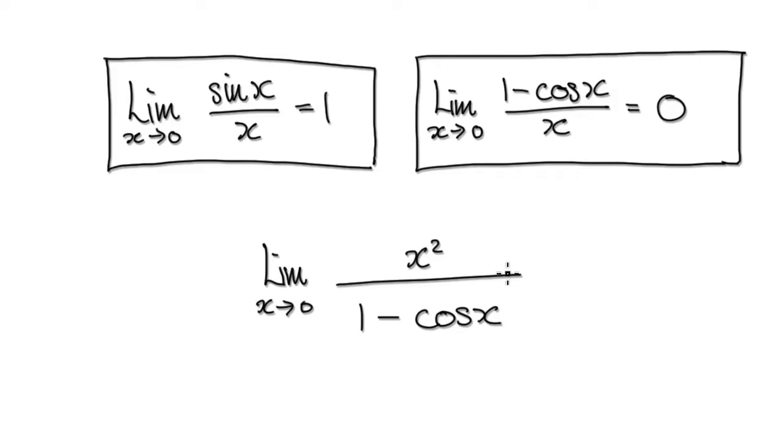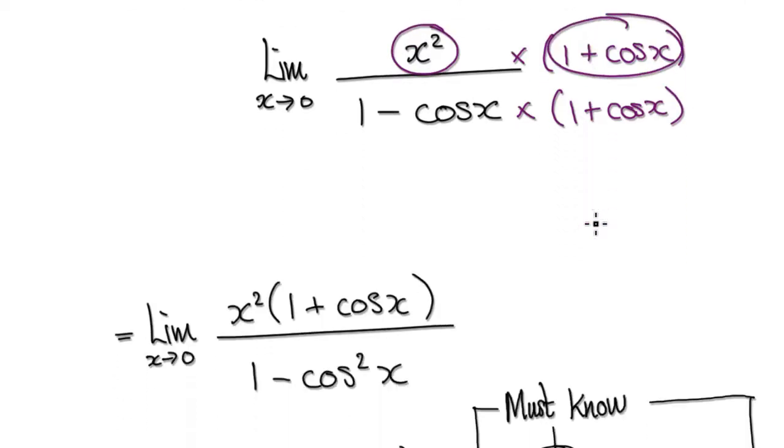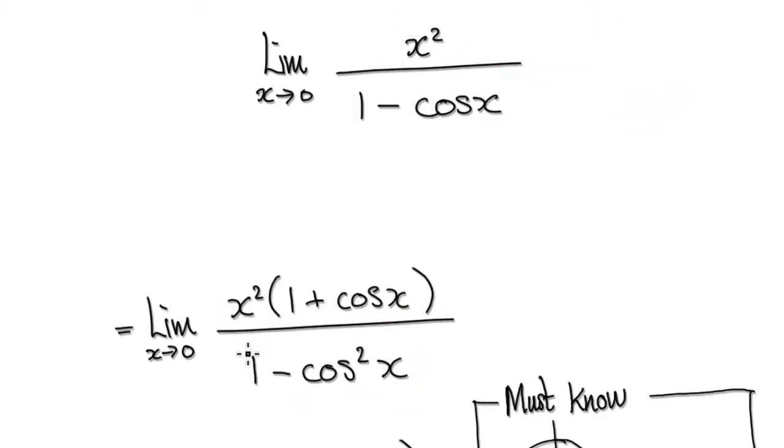Okay, so to do this we are going to times top and bottom by the conjugate of the denominator. So times top and bottom by this, and then 1 plus cos x. So now this times this will then give you this, and then this times this. Well, if you multiply the two together, you're going to get this. Okay, and then